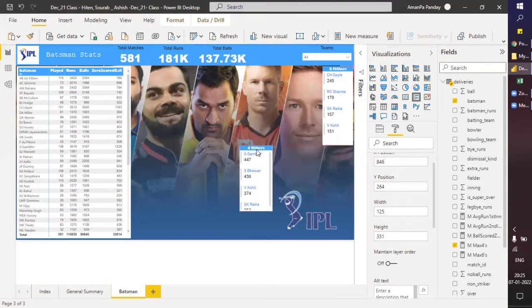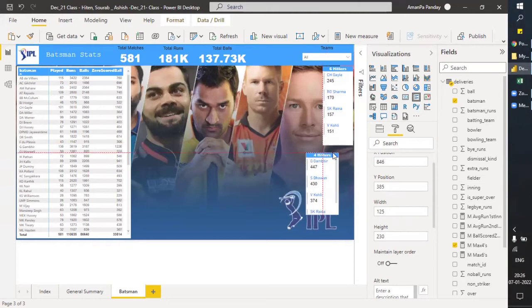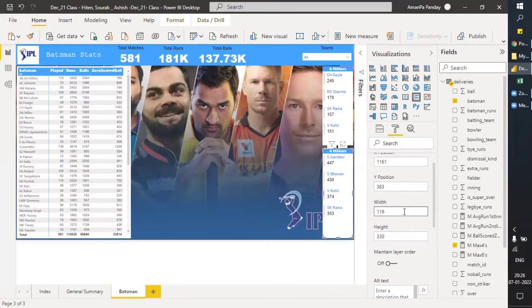Look, if I decrease the height, then you can see the y-axis position going away. That's not fine, so just align it here. Perfect. So you can just position it here, then use height and width to fine tune.